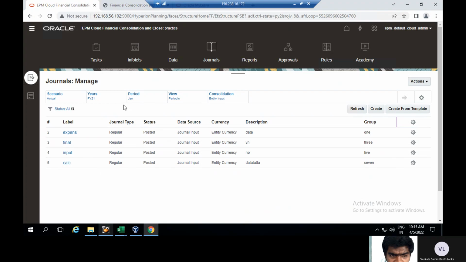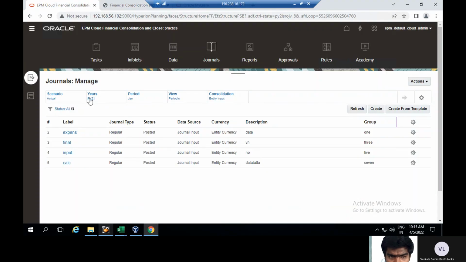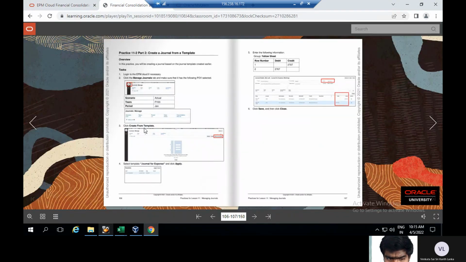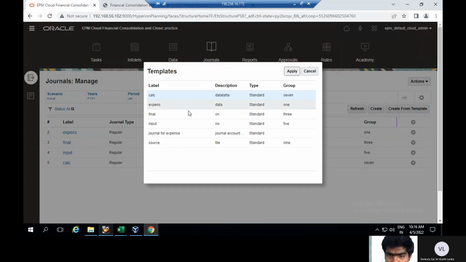As mentioned in the activity guide, you can manage journals in that scenario and year period you can select. Okay. Here is the 21. Now coming to the activity guide, create from template. Okay. This is the create from template. The template. Now